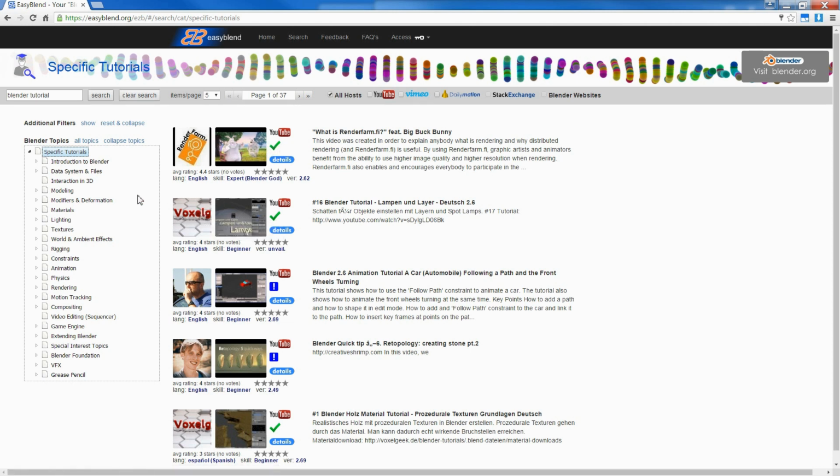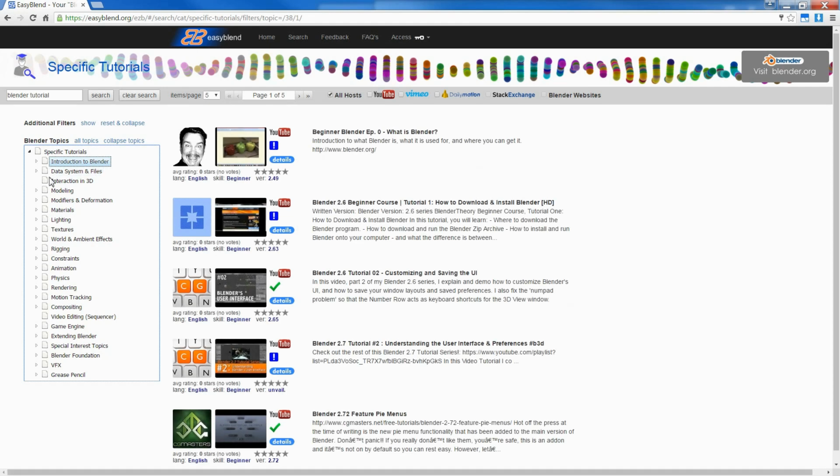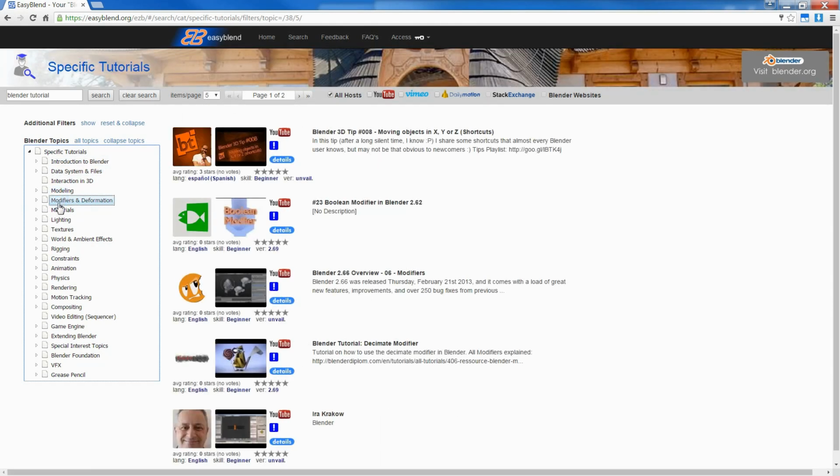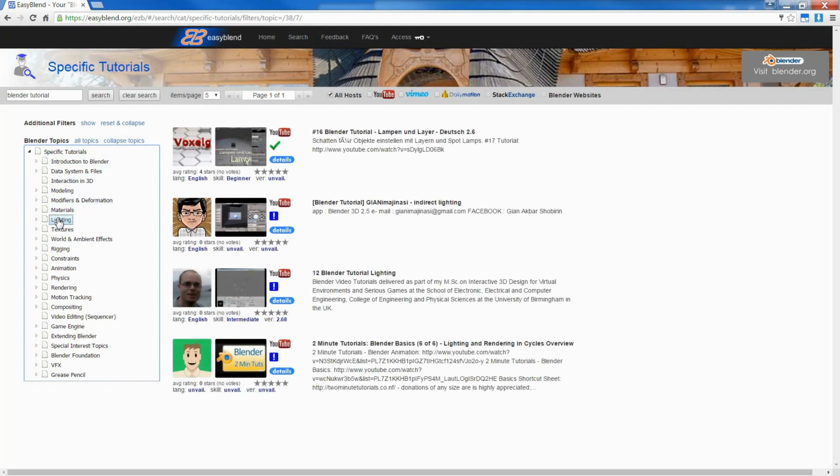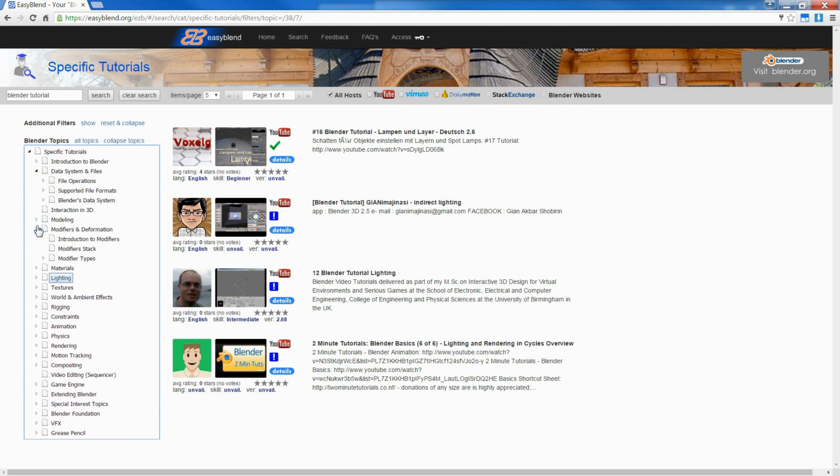You'll see that as I click through some of the topics in the tree, new resources to the right are populated. The common theme of EasyBlend's organization system is that for each of the general categories I showed you in the home view, there is a topic hierarchy associated with that category. You navigate this hierarchy of Blender topics by drilling down into its subtopics as far as you want to explore